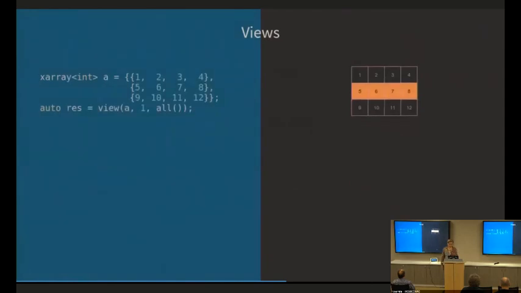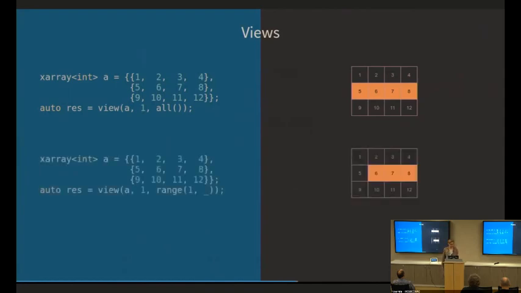And you have the same with selecting an entire row through the all operator. Or you can select some range, and we have this fancy syntax with an underscore placeholder, which will insert the size of the array in the underscore. So it's similar to just using the colon in NumPy, which expands to the end of that specific